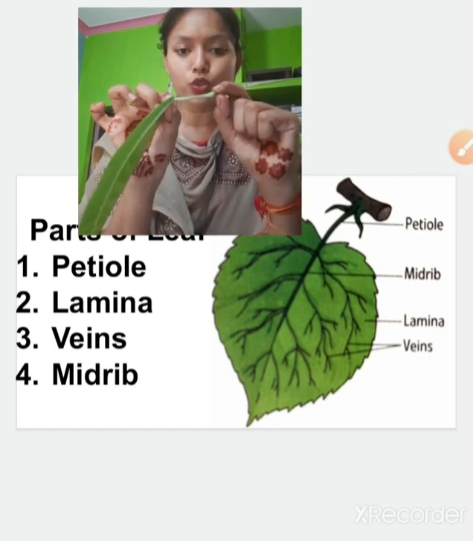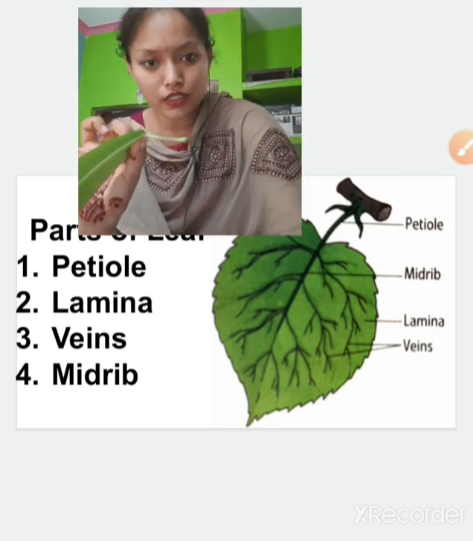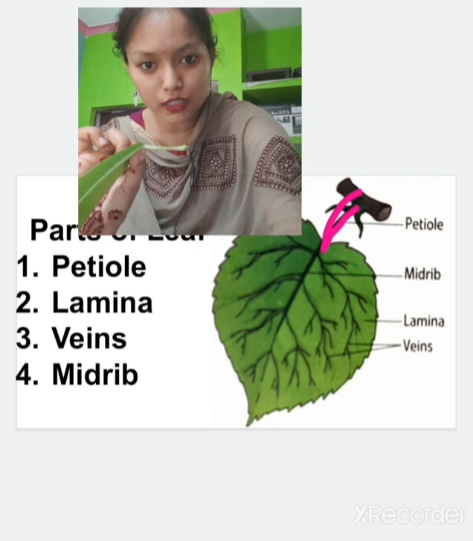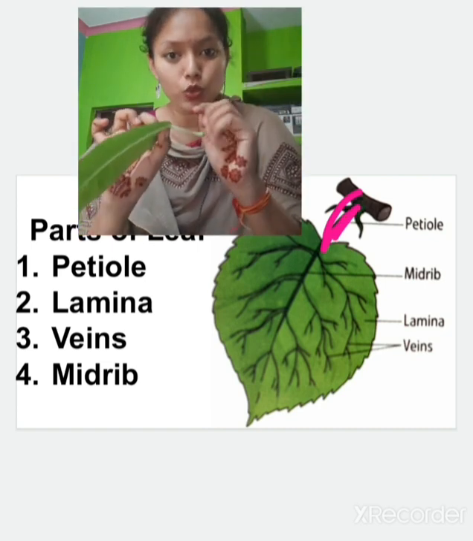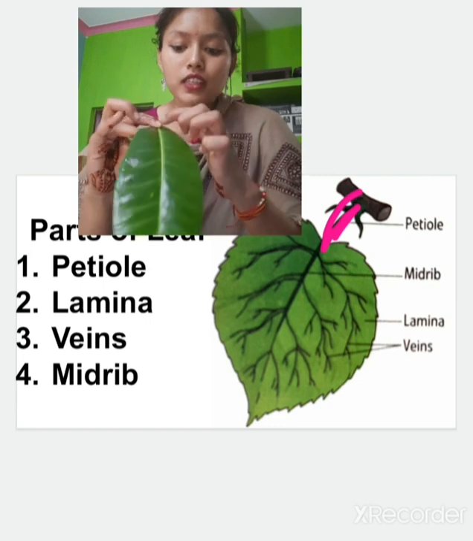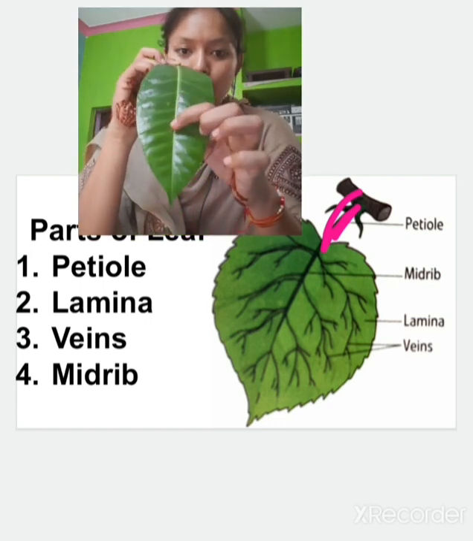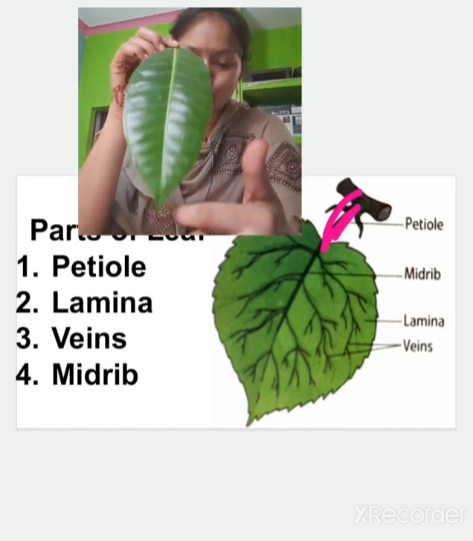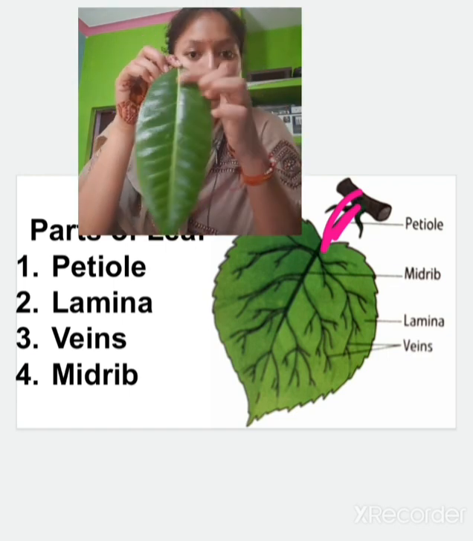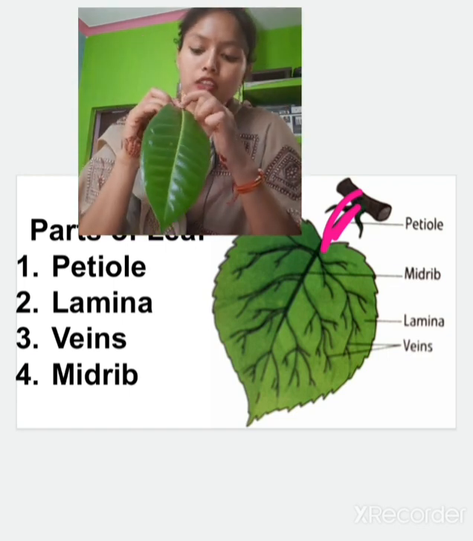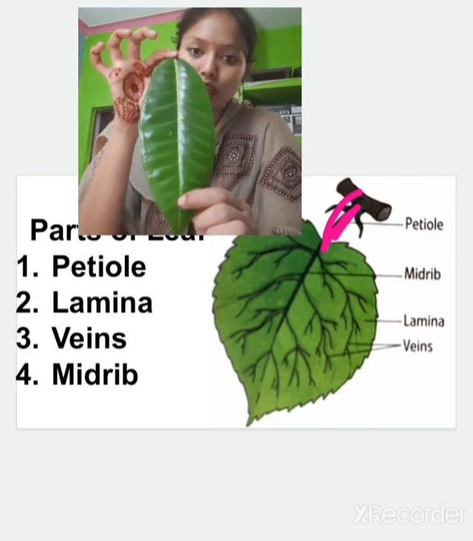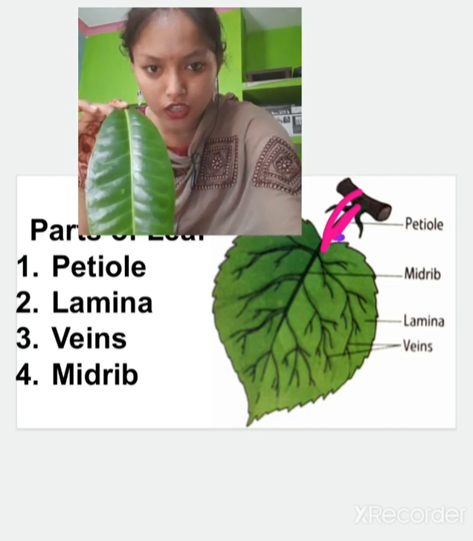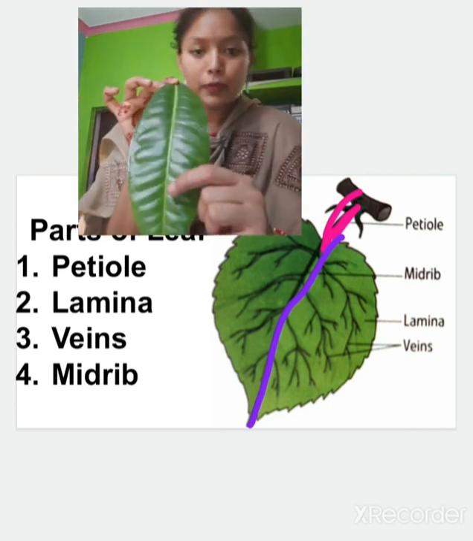What is it known as? It is known as the petiole. Now it is clear in the image also. I'll mark it for you. This pink one is the petiole that is attached to a stem. And this center line that is going from here to the end, is it clear? From here to the end, the center is there. So mid is there, the middle part. So it is known as the midrib. I'll mark it with purple color in this picture. This is known as the midrib.